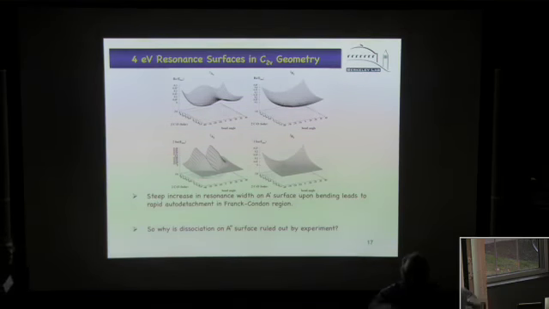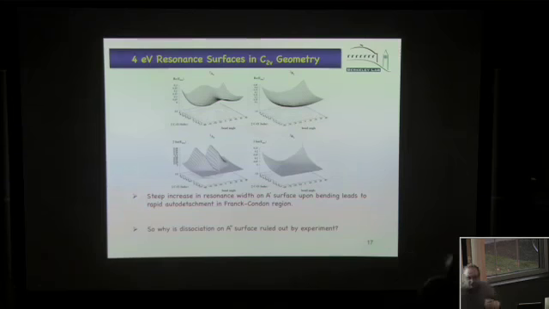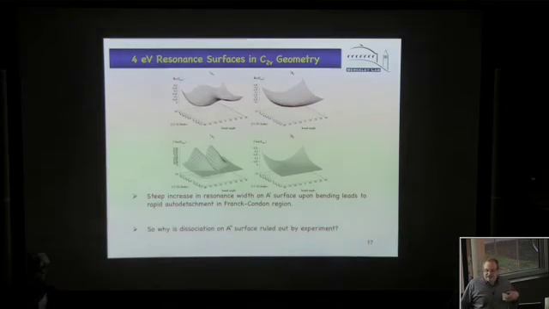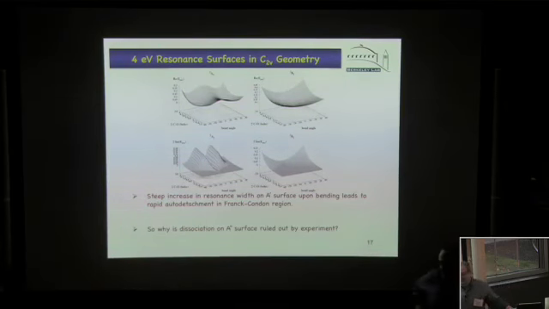And so if you have some way of stabilizing that, you just pull that thing down. It's sort of like F2 and F2 minus. F2 minus is electronically very stable. It's a bound negative ion, but at the equilibrium geometry of F2, it's very, very close. So if you have some way of stabilizing that, you'd keep it bound at all distances. It's only hard to describe. It's not bound.